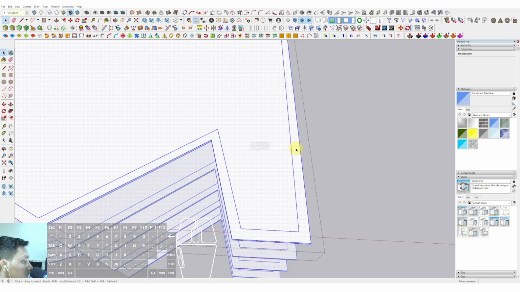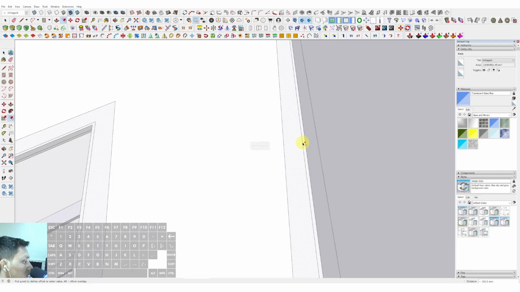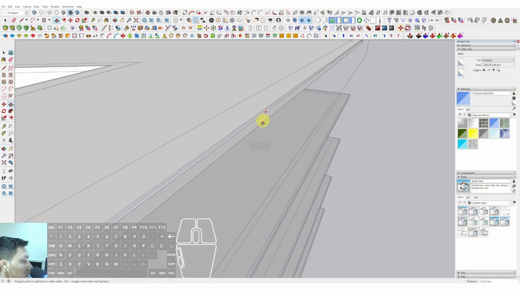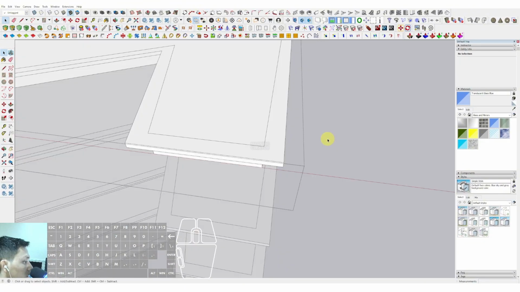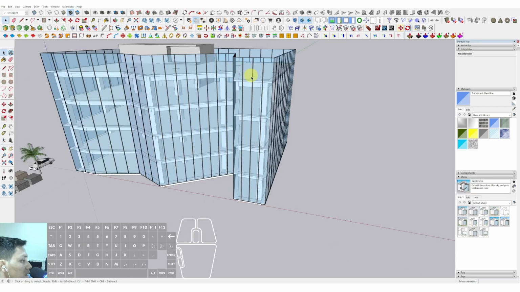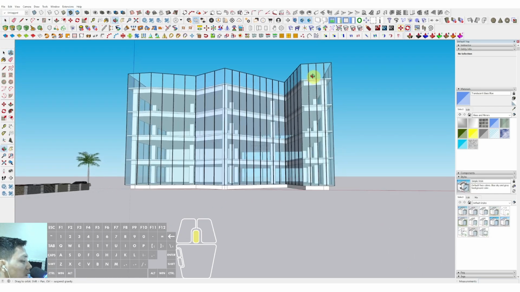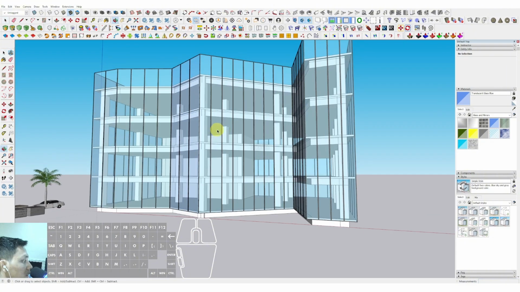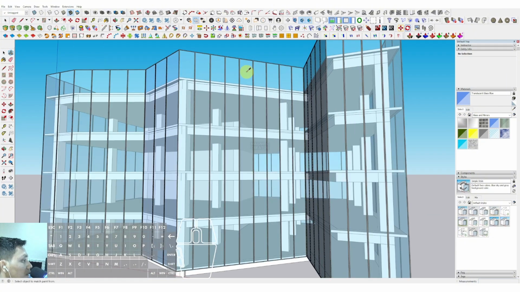Then we can triple click this slab, click the surface and offset it inside. We can type 100 millimeter in here and enter. Okay, and then we can push it until the limit in here. Okay, and after that we can see about the building meshing in here, and then we can pick the materials